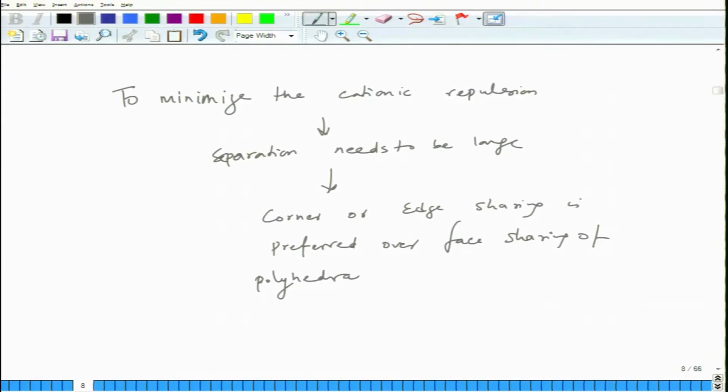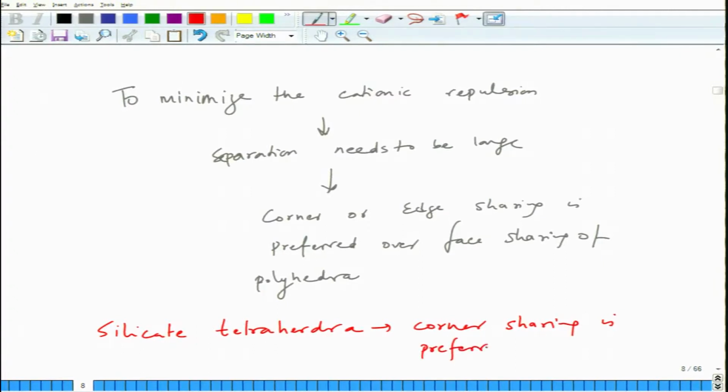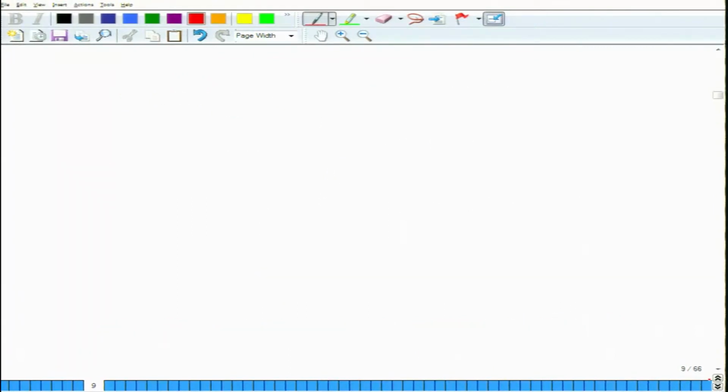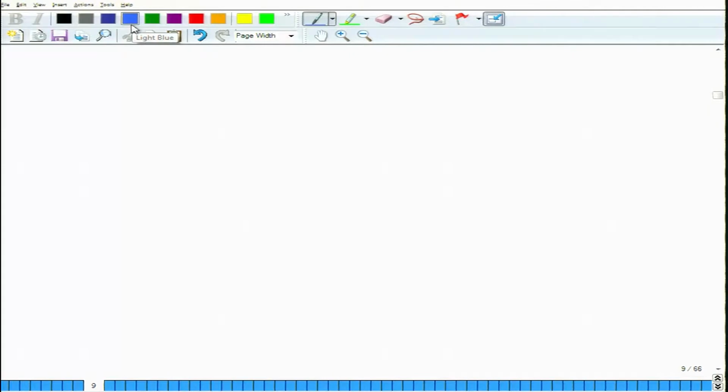As it happens in the case of SiO4, for the silicate tetrahedra, corner sharing is preferred, but it is not guaranteed that this is going to happen. All right. However, silica does make a crystalline structure. So let us first look at the crystalline silica structure, and then we look at the other forms of silica structures. So the first thing is